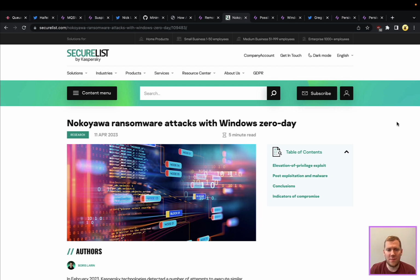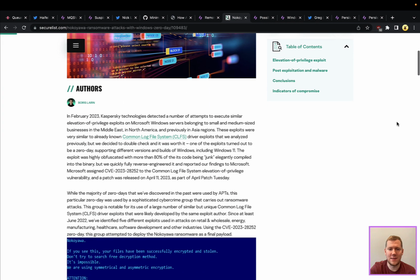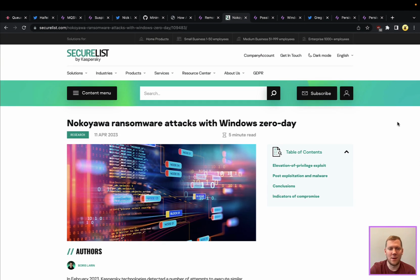Moving on to the last vulnerability that we want to talk about from Patch Tuesday. So this is from Kaspersky's blog, Secure List, and this is the last CVE in here. This one is affecting the Common Log File System, or CLFS, on Windows. It was assigned CVE 2023-28252, and this was the 0-day that was being actively exploited by the Nokoyawa ransomware group and is part of